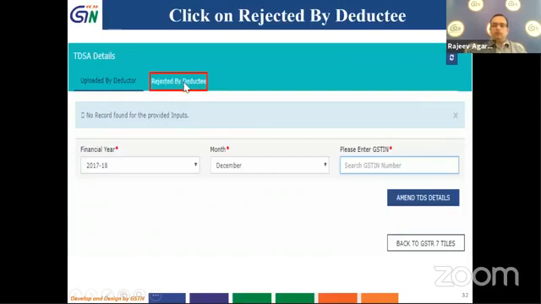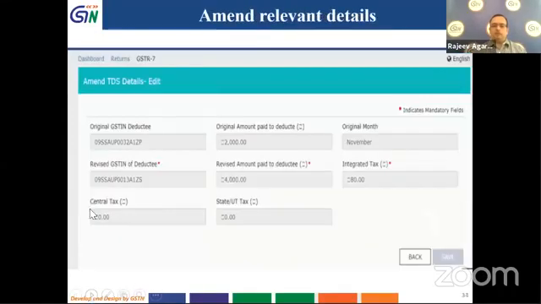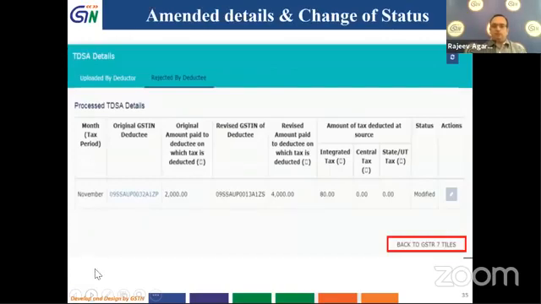So what I will do is click on rejected by deductee, then this amount will appear. I can click on this blue icon and make changes as I wish. These details will come. I can revise a GSTIN amount, I can revise the amount to be paid, I can revise the tax, and I can click save. That will take me back, and the amended details will appear